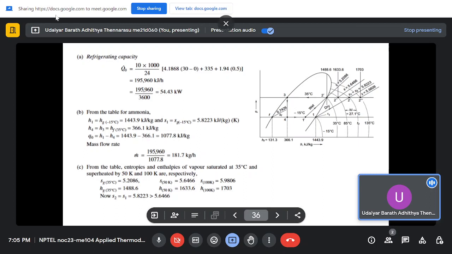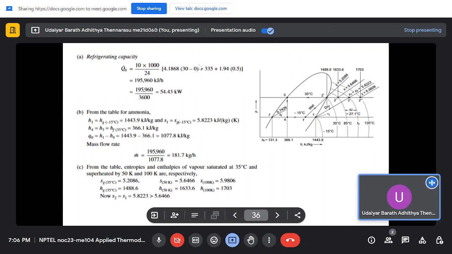So the refrigeration capacity is 10 tons. So 10 into 1 ton is 1000 kg, so 10 into 1000 divided by 24 hours per day. So converting into hours, divide by 24, into 4.1868, which is the CP of water,